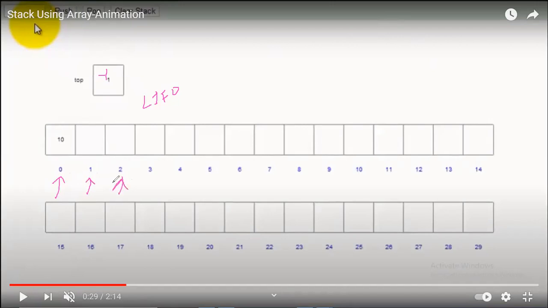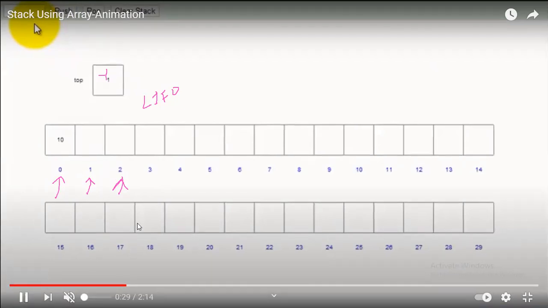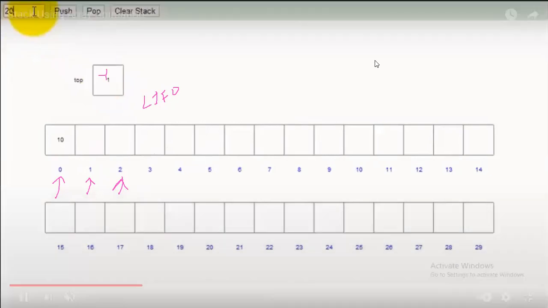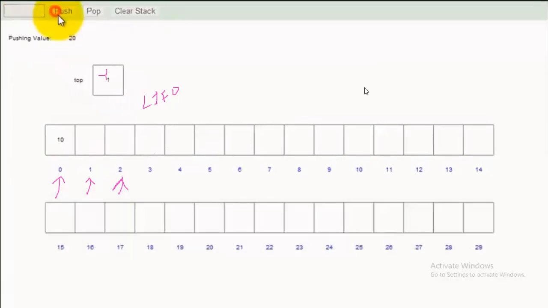So the top goes on incrementing, and where exactly the top is positioned, that will be the state of the last element pushed. Last element pushed, try to understand, it is the last element pushed. Similarly, again you push 20.